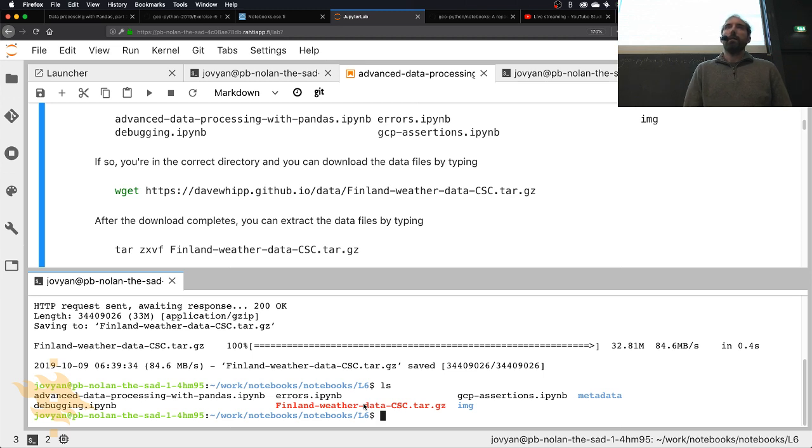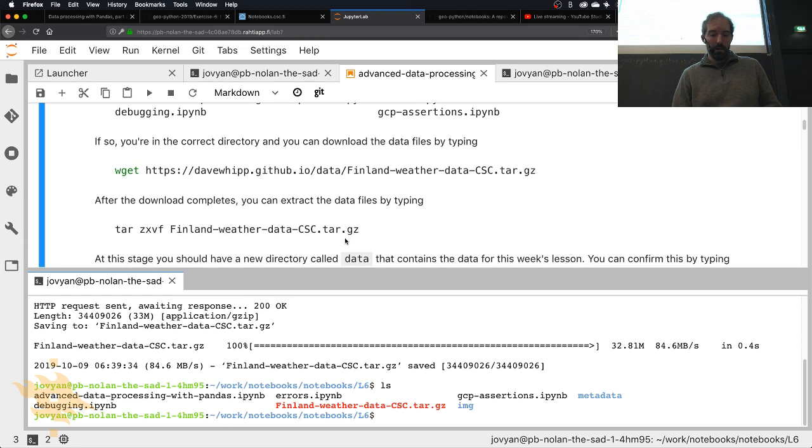csc.tar.gz. If you're working on your personal computer with your own Jupyter notebook or Jupyter Lab installation, I suggest you scroll down to the next section for the file name you should download there. I don't really think too many people are in that group, but if you are, you can go ahead and download the files that are listed there. It's basically the same file name with full instead of CSC. So that has 15 data files instead of the 4 that we have in our CSC